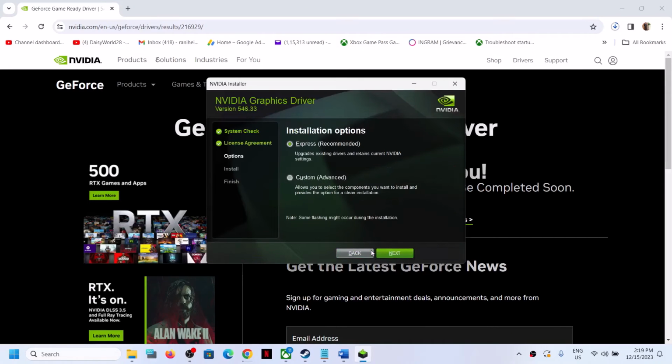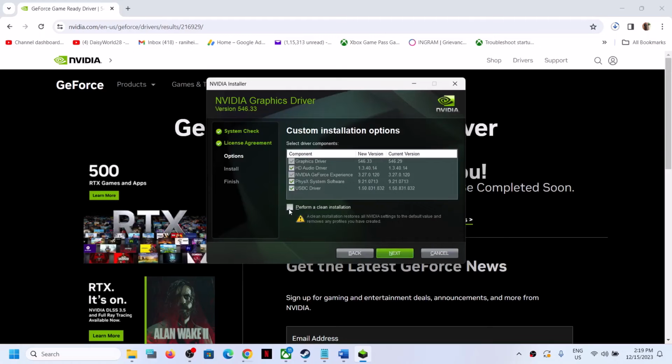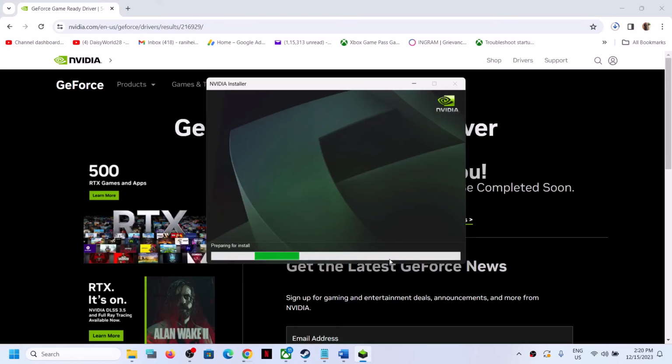Click on agree and continue and then put a check on the box which says custom. So select custom over here and then click on next. Then put a check on the box which says perform a clean installation. Make sure that you put a check over here and then click on next and let the installation complete. First of all, it will uninstall the previous version and then it will do a clean installation of the latest